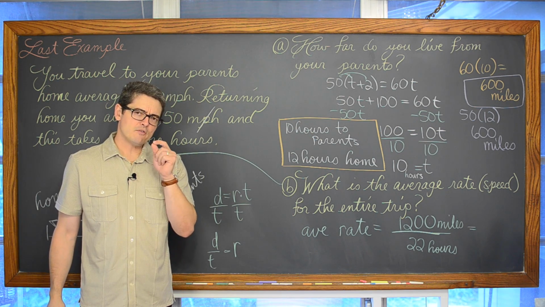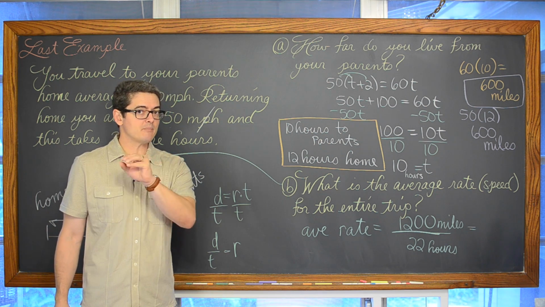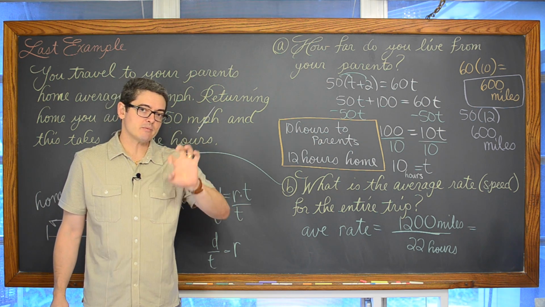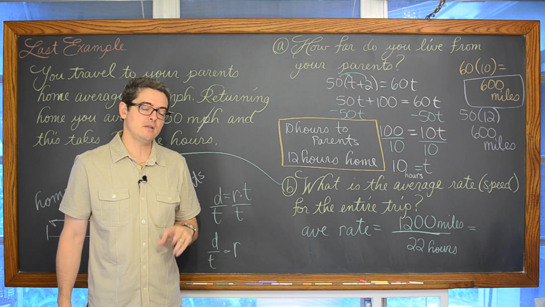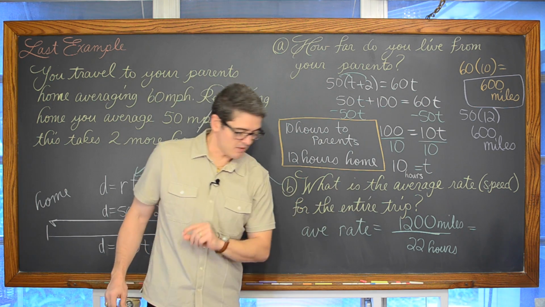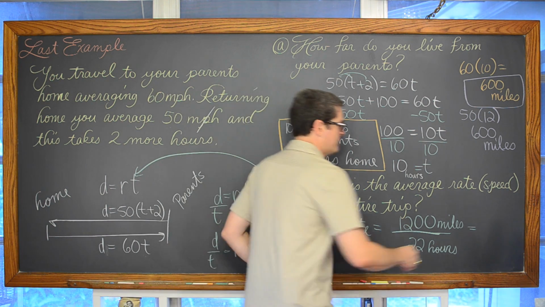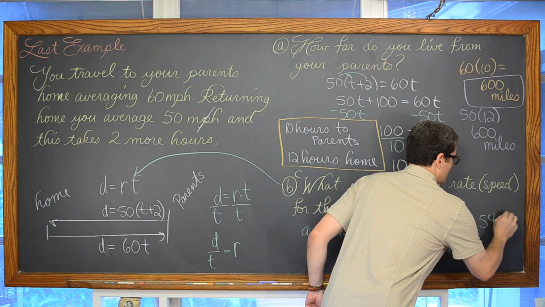And we drove for 50 miles per hour longer, so the average should not be right in the middle at 55. It should actually be more towards the lower value of 50 because we drove that speed for a longer period of time. And 1,200 miles divided by 22 hours does come out to be 54.5